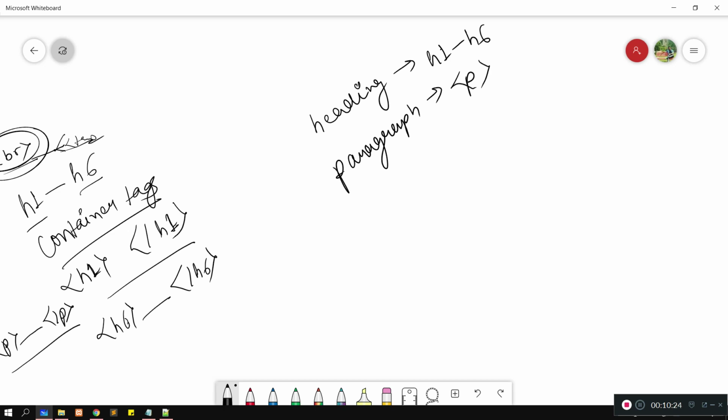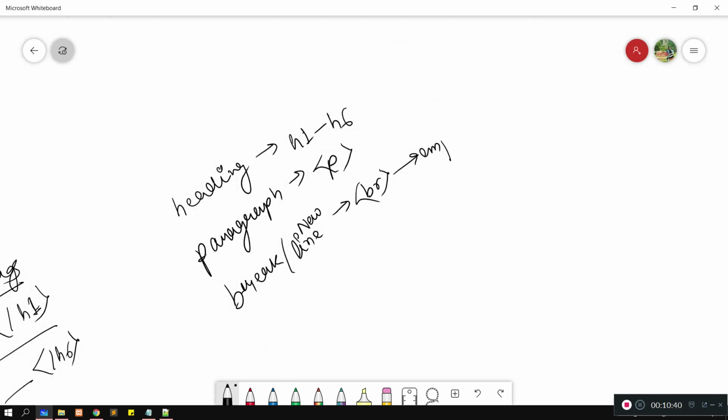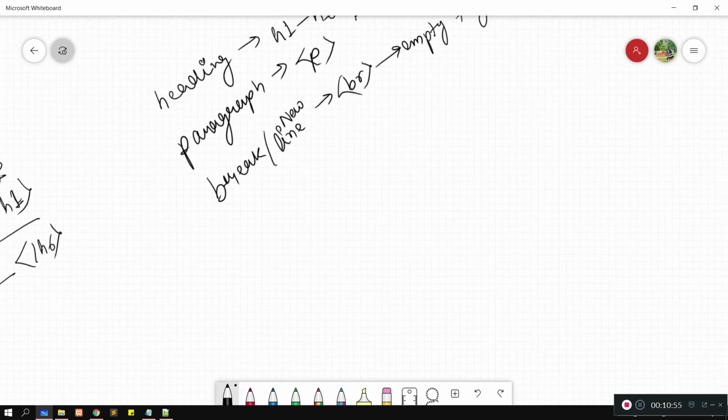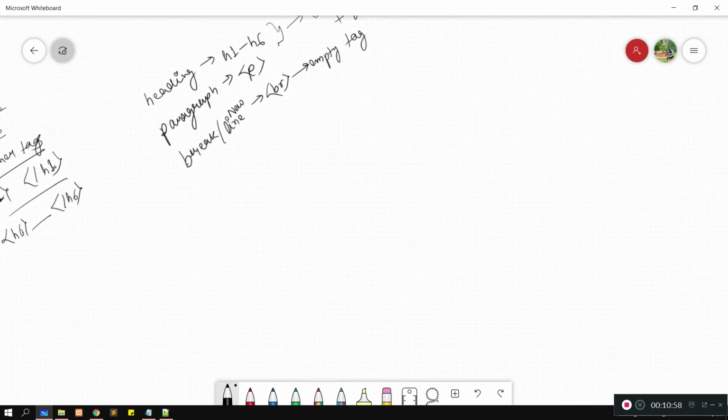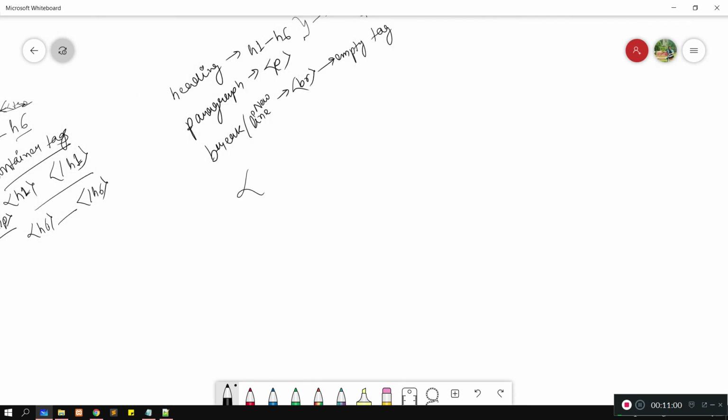Okay, so break, or you can call it new line, we have the br tag, and this is an empty tag because it doesn't have any closing tag. Okay, and these other two are container tags.